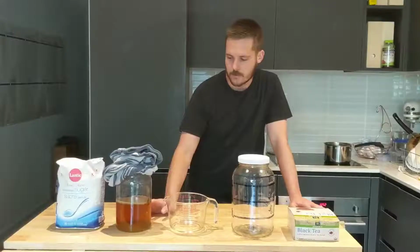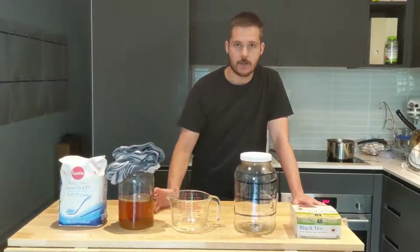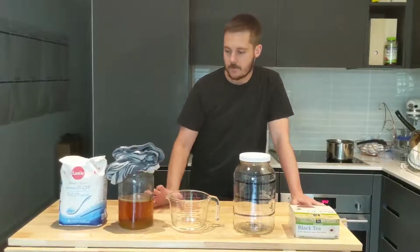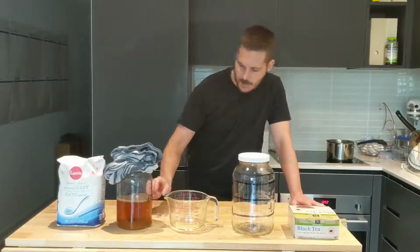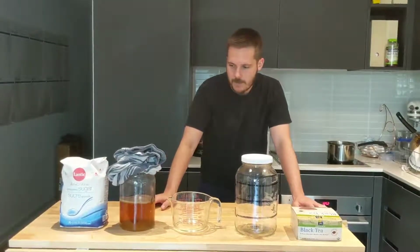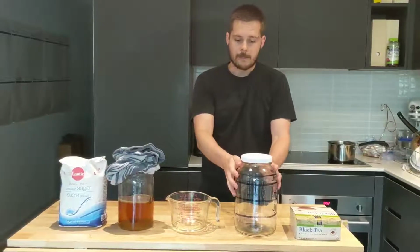So what we did to start this, just as a reminder for those who didn't see the first video, we added a bottle of raw organic kombucha, half a cup of sugar, and then we also brewed some tea and left it in there for 10 days. It's been sitting, and so now we have a nice little thin, perfectly round SCOBY that's growing on the top of this, and that's what we're going to use to brew our full batch of kombucha,